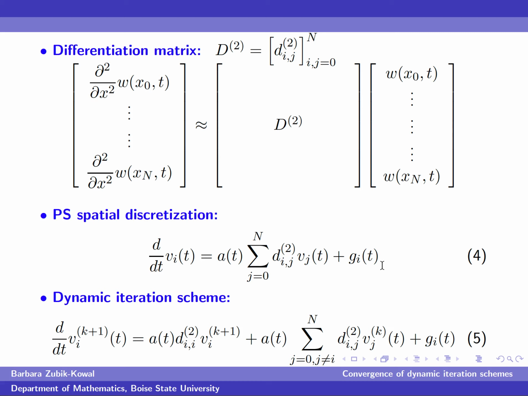And after the application of dynamic iterations to system 4, we get system 5 written down here, which is a simpler system because again it's a diagonal system, and here the present iterate v^(k+1) is multiplied only by the main diagonal entries, and the other entries of the differentiation matrices are not multiplied by the present iterate, they are multiplied by the previous iterate v^k. So this is a diagonal system, and